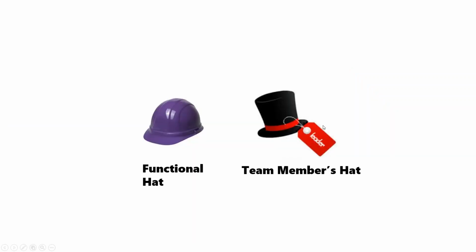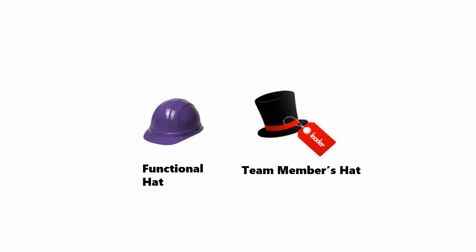Okay, so the team that you lead, or the members of the team that you lead, pretty much have two hats, or they play two roles. Now, the functional role is what I've just mentioned. That is what's in their job description. So you've got whatever the key performance indicators are, what you evaluate their performance on, that's the functional hat. Now, I'm not going to go there today because, frankly, you're the experts in that area. You know exactly what, hopefully, people should be doing or shouldn't be doing, and I won't go there.